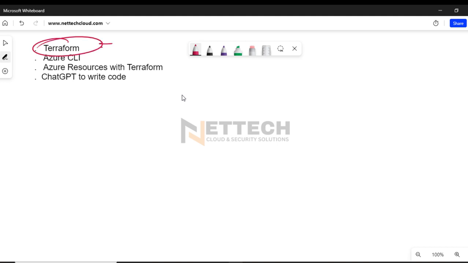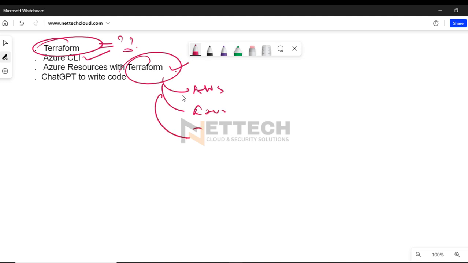In this section, we'll understand what is Terraform, a very high level overview of Terraform, not a deep dive, and mainly for beginners. We'll also understand how to download and run Azure CLI commands, creating resources in Azure cloud using Terraform code, right? Because we can use Terraform to spin up virtual machines, to create virtual networks, subnets, to deploy Azure firewall. And not only in Azure, you can use Terraform to create resources in AWS,